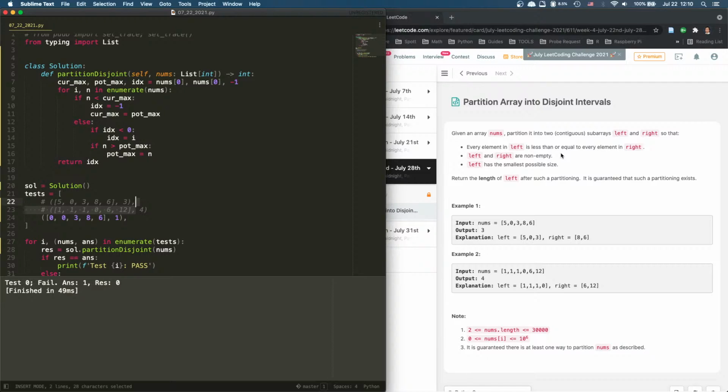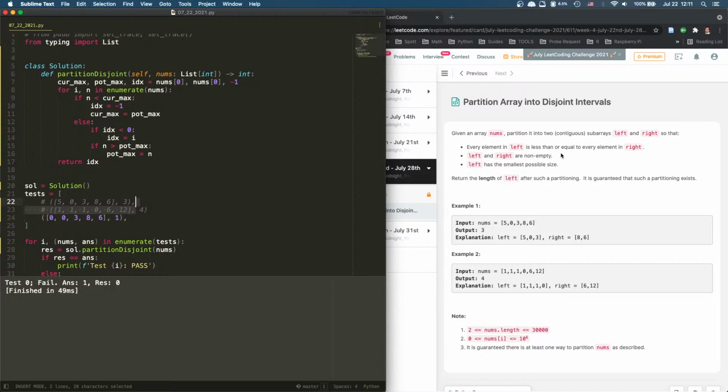Therefore, if the value is smaller, then definitely. If my current value is bigger or equal to what we have before, then I set it here. I think that is the problem. If this value is larger or equal to, what does our index represent? What I want is our index to represent the first value on the right partition, right? If it represents the first value on the right partition,